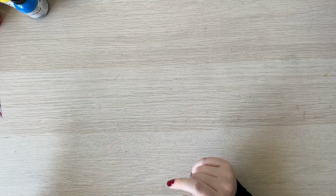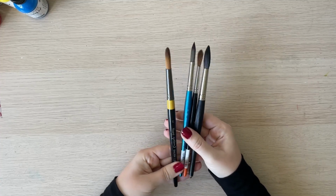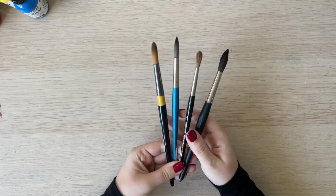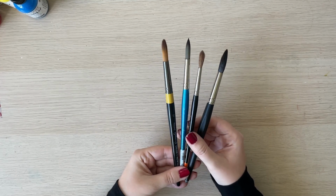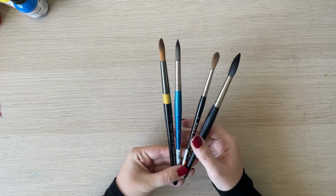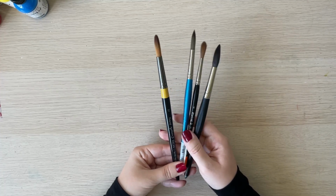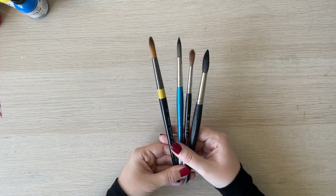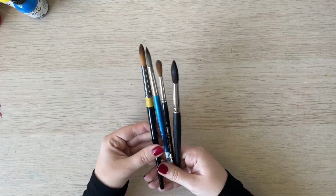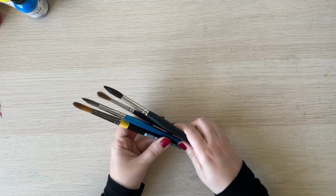And now let's move to more interesting stuff, which is brushes. So these are some of the brushes that I picked up this year. And I believe that I actually will not be buying this many brushes anymore, because I do feel that right now I got a set of brushes that I can use more or less all the time and that can satisfy my needs. But from 2022, my favorite watercolor brushes are,